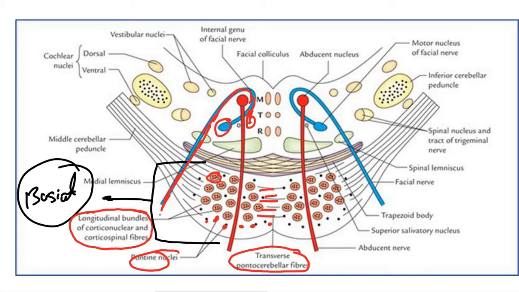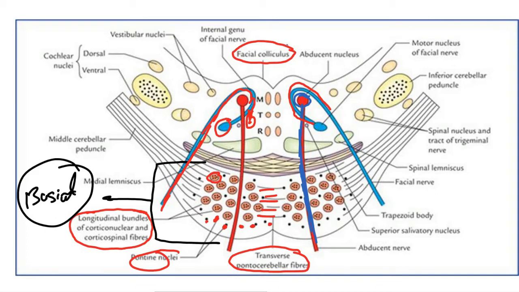Now we'll see cranial nerve number 6, the abducent nerve. You will have the nucleus for the abducent nerve here. You can see the abducent nerve is going anteriorly. The next important thing to note is that the fibers of the facial nerve wind around the nucleus of the abducent nerve. This forms an elevation, and this elevation is called the facial colliculus. This elevation can be seen externally in the pons.